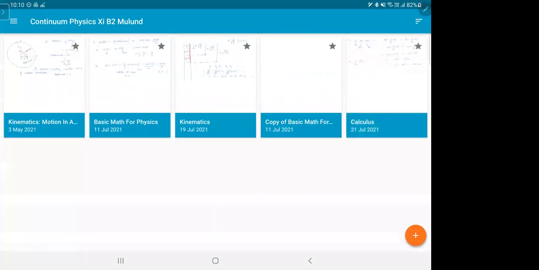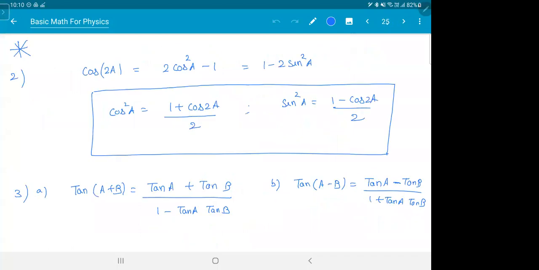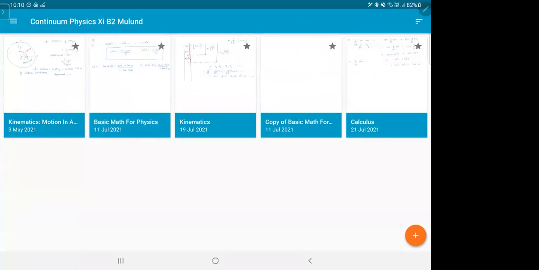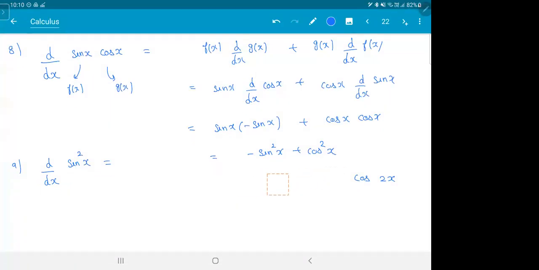This thing, you know where it came from? Basic maths. This formula here. I'll show you, see how it came. So you can write this thing right. What is sin square x? 1 minus cos square x. So that will be 2 cos square x minus 1, which is cos 2x if you remember. Put it down. Options will have like this: cos 2x, minus cos 2x, sin 2x, minus sin 2x.